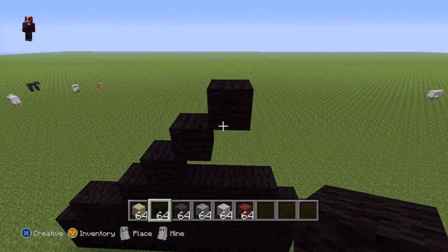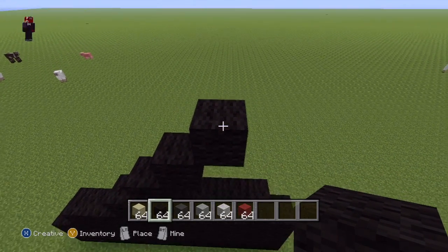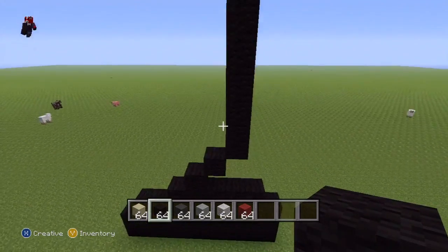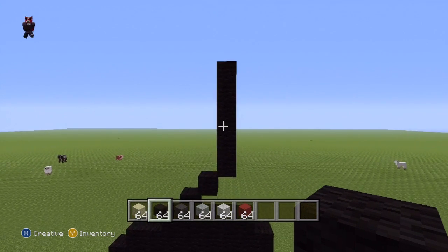What you then want to do on top of that second upright diagonal is place 5 black blocks directly on top of it, so 1, 2, 3, 4, 5. So you're going to want to have a shape like that. What you're then going to want to do, and this bit's slightly tricky, is from your row of 5,